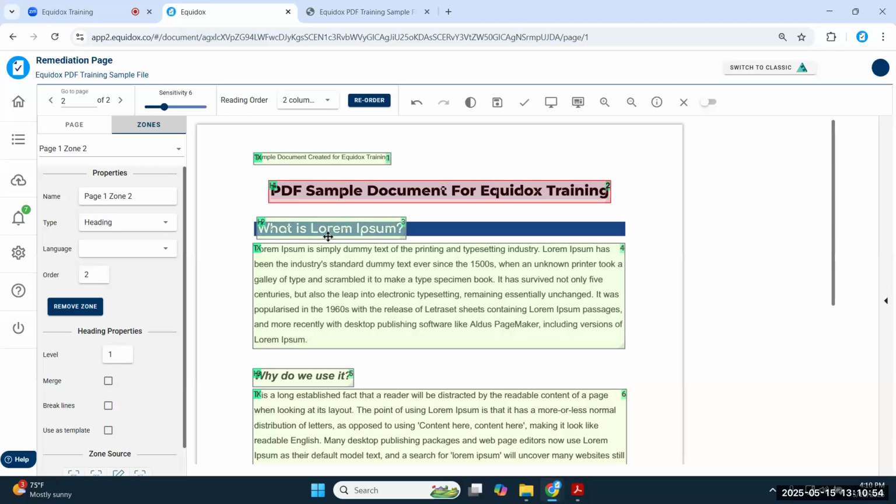However, if you are using a heading template throughout a document, where every zone that contains this type of font is going to be set as an H2, you can set the first one as an H2 and then hit this use as template checkbox, and all zones moving forward in the document containing this type of content will automatically be set as an H2 for you.